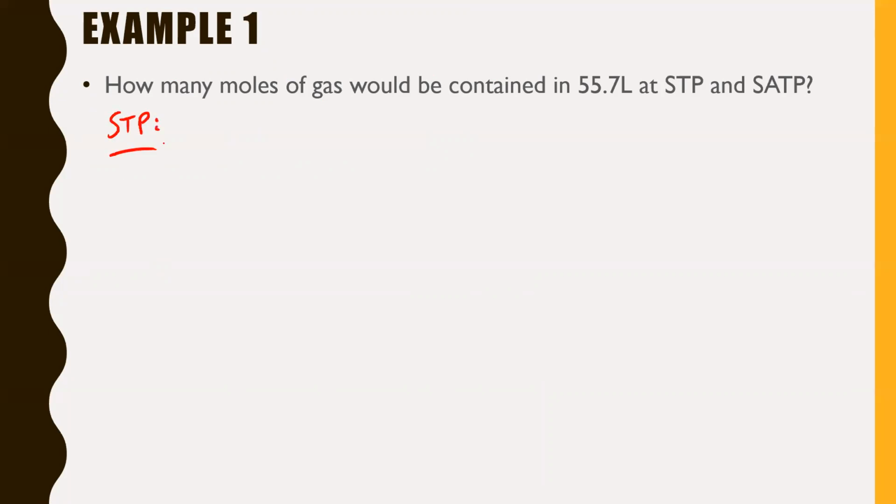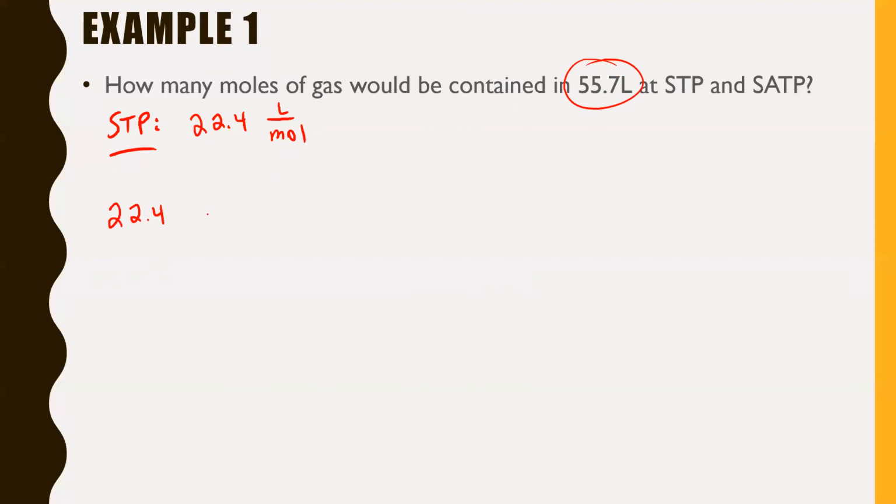You might remember from earlier in this lesson, I mentioned that the molar volume, so in other words, the volume of 1 mole of any gas at STP conditions, which is 0 degrees Celsius and a pressure of 101.325 kilopascals, the molar volume of that is going to be 22.4 liters per mole, right? This is how much liters 1 mole of a gas should occupy. Notice we actually have 55.7 liters. So what we have to say is